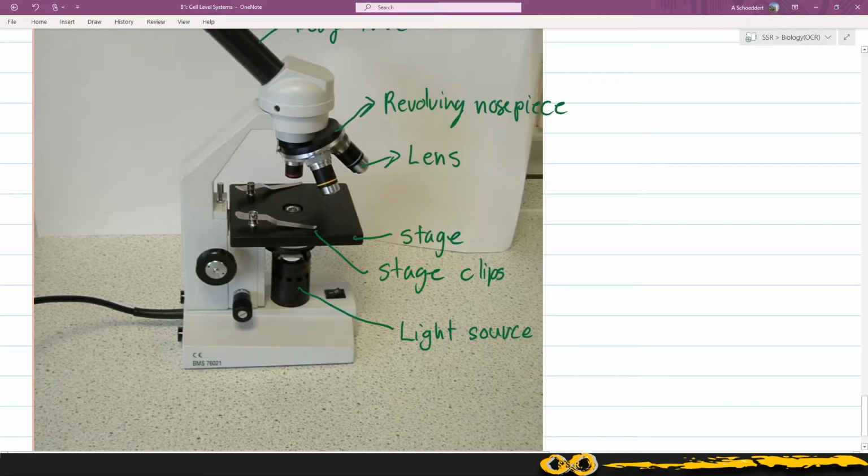The smaller one is known as the fine focus, and the larger one is the coarse focus. And you'll use these two to move the stage up and down and to focus on what you are trying to do. So let's talk about how we would go about observing those cells. Remember that not only do you need to know the steps, but you also need to know why we do the steps. We always begin by lowering the stage down